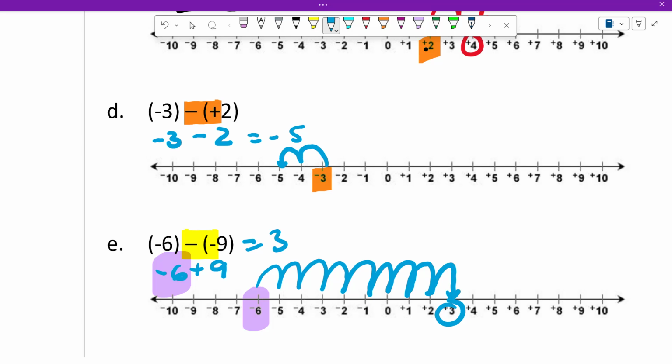So when you do the assignment, I want to see this cleaning up. Now, you do not necessarily have to draw the arrows. You can just do that with your fingers. This is where I'm starting. I'm going left 2 spots. This is where I'm starting. I move to the right this many spots. If you need to use the number line. If not, just do it in your head. Right? I will share all of the answers with you just like I did the last time. That's it. So the rest of the class, we are working on